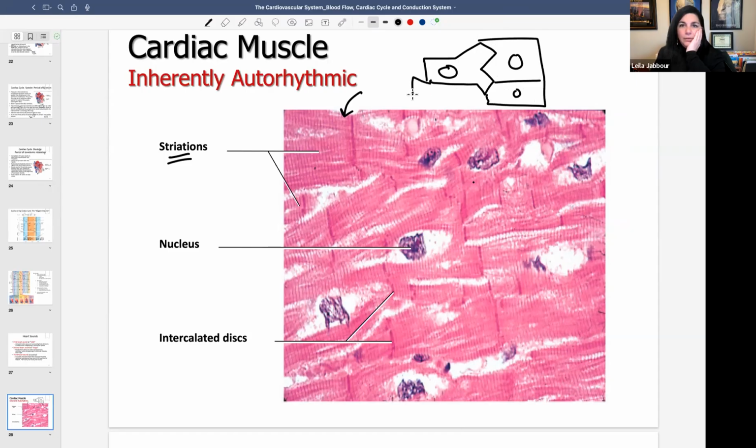Right, so it depends. So they're square, they're rectangle, they're branched, and they have a central nucleus with striations. What's very special about cardiac cells, which we also call myocytes, by the way,